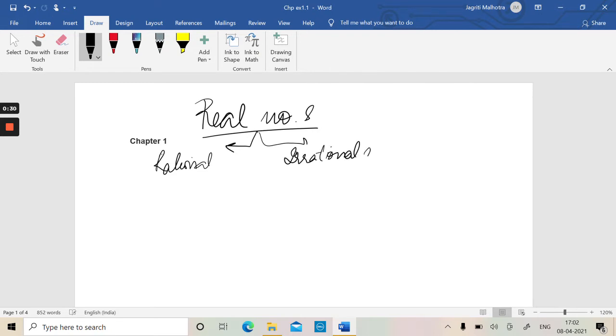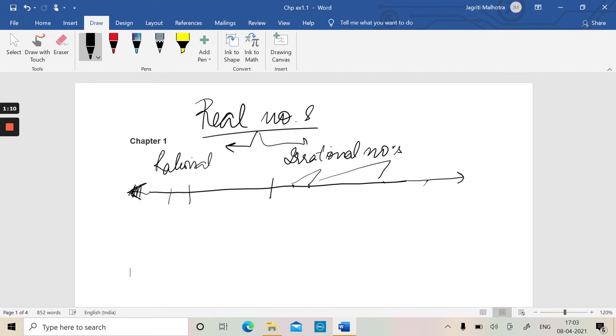What do we mean by them? We already know about them. In short, by real numbers we mean any number on this number line which moves up to infinity and here up to minus infinity. Let's not talk about minus here. Let's just talk about every point on a real line. These are all numbers, and especially these are all real numbers. They may be rational or they may be irrational.